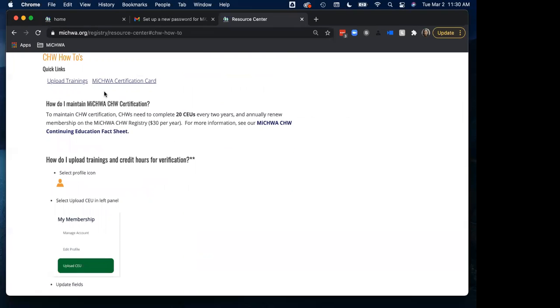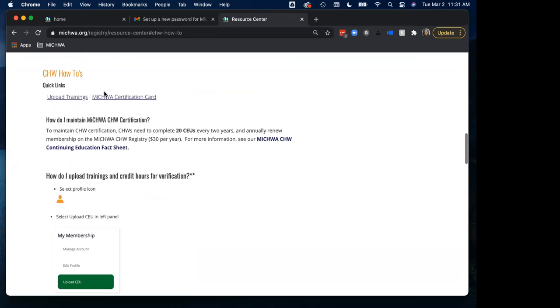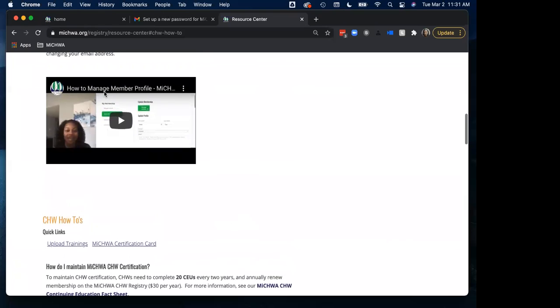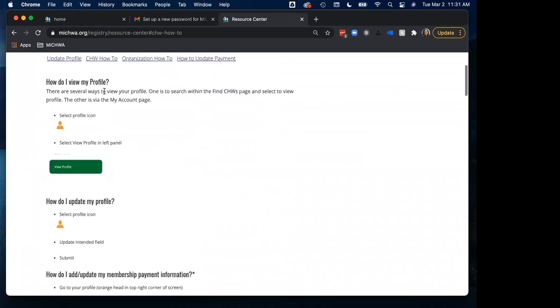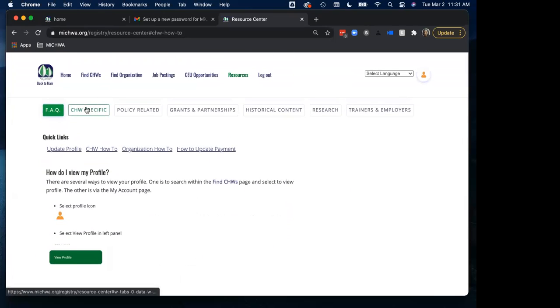Your CHW certification card is loaded on your profile. All you have to do is click that and download it right directly on your profile. So I'll show you guys that in a second once I pull over the administrative page. The other thing that's really key that I